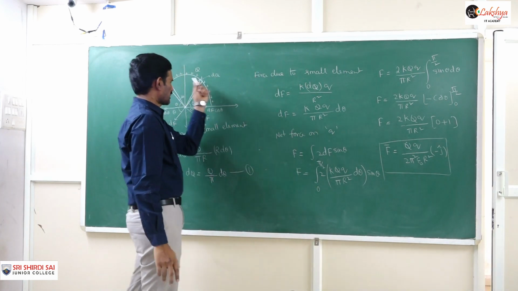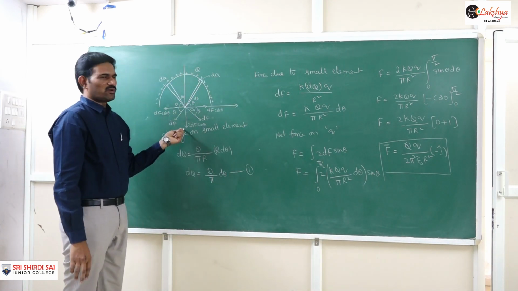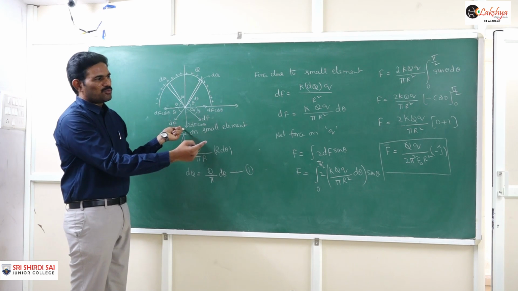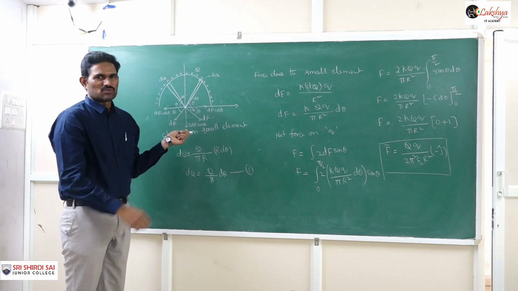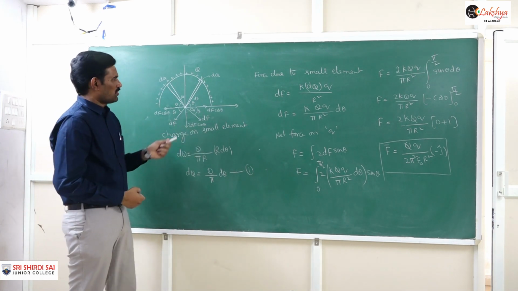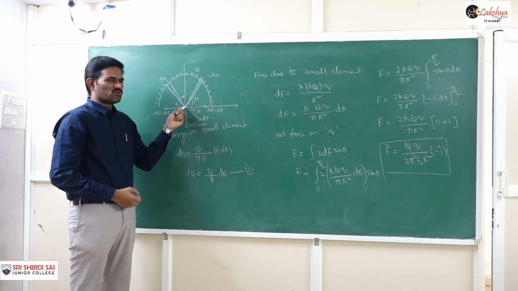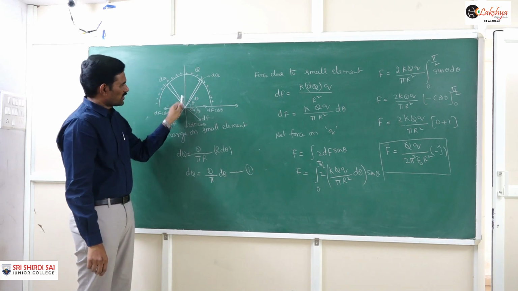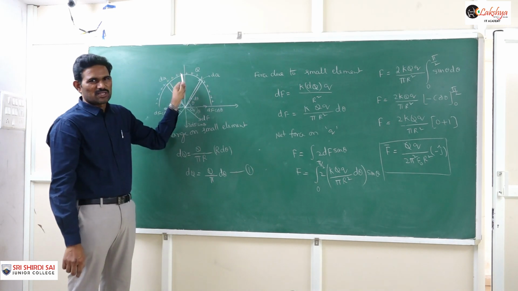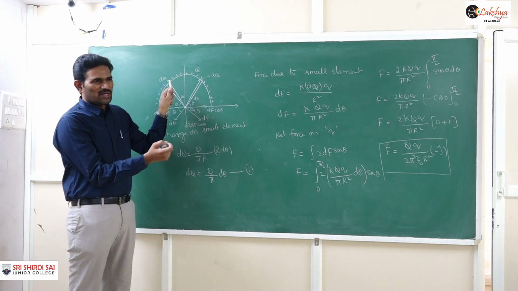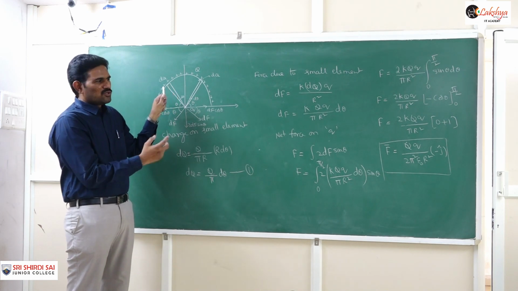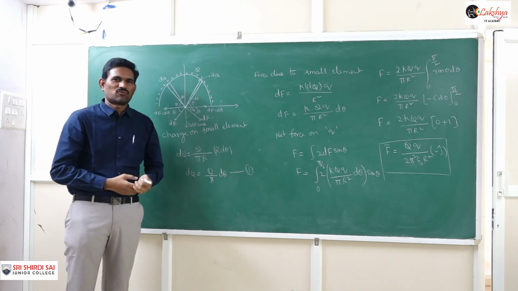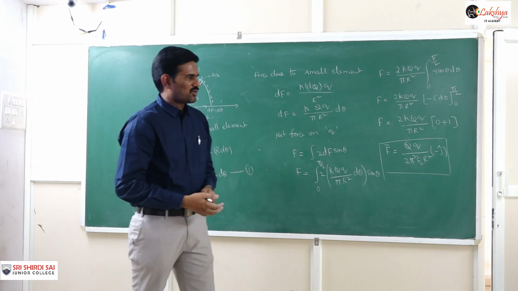Because that force is acting like this. That force will be along this negative y direction. So while answering about the direction, you need to consider the distribution. Suppose in the same problem this is positive charge, and if a negative charge is given, then the force will be attractive force. And so then you will get the force direction along this j cap. So finally when you are answering the direction of that force, you need to observe whether the force is attractive force or repulsive force, and from that we can answer that.